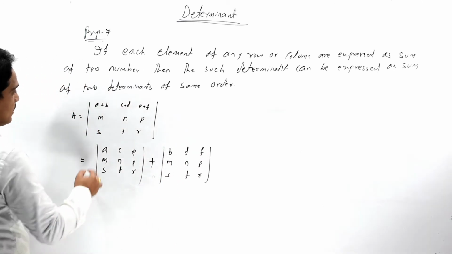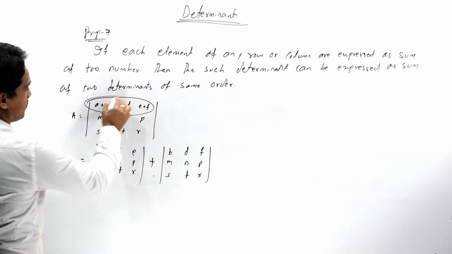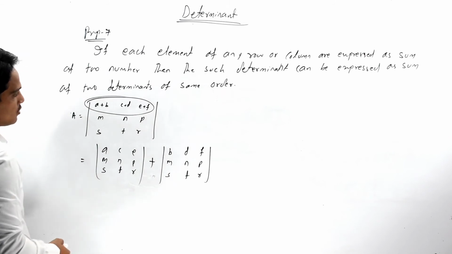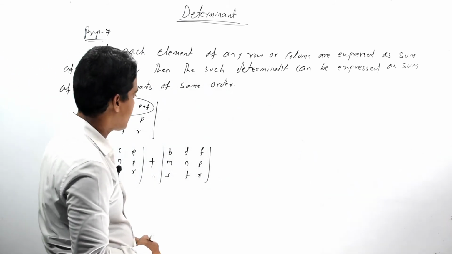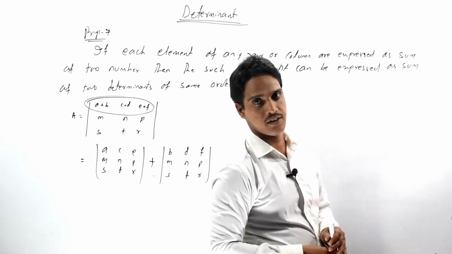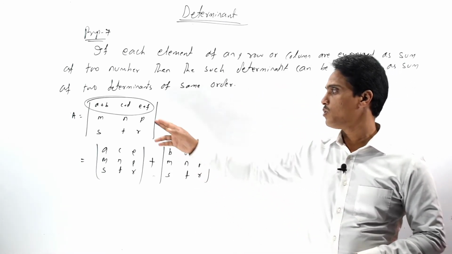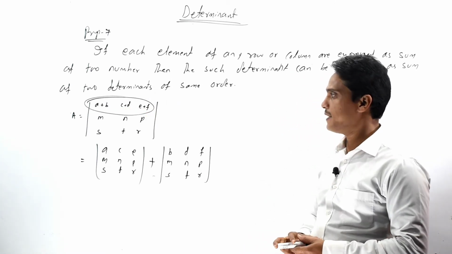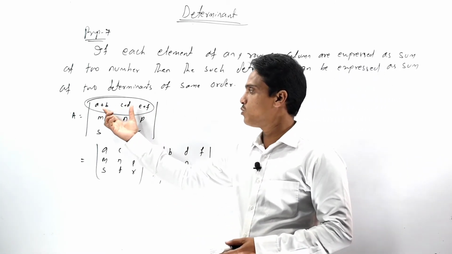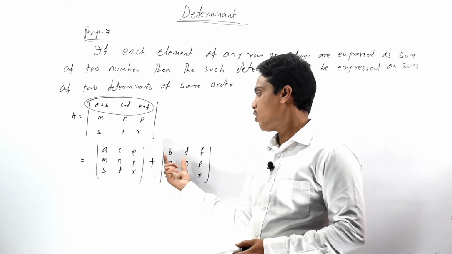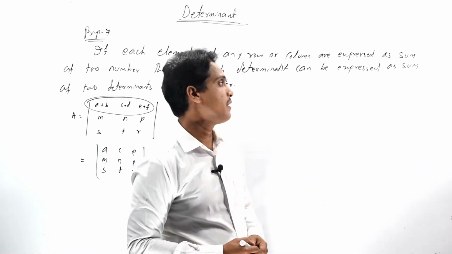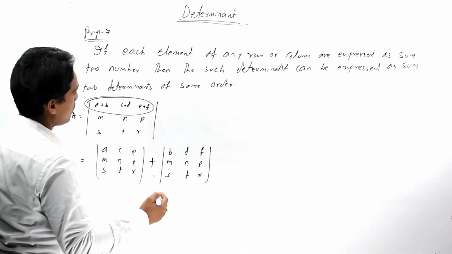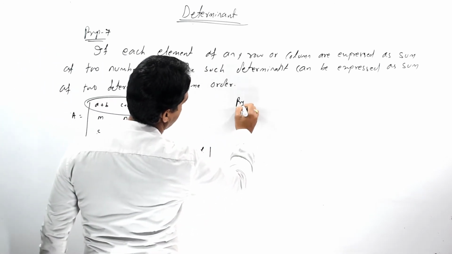That means here the elements of first row are expressed as sum of two numbers. So we can express it as the sum of two determinants of same order. Now come to our eighth property,